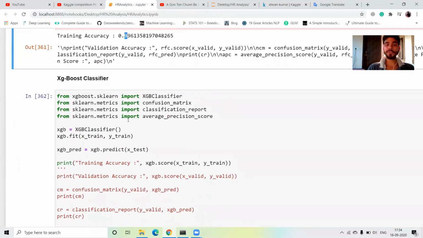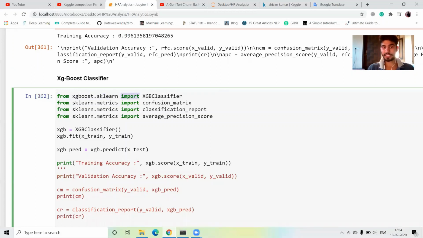Next, we have used an XGBoost classifier. We have used different machine learning algorithms, and you can also use different algorithms and define different parameters. For the XGBoost classifier, I import XGBClassifier, confusion matrix, classification report, and the average precision score.